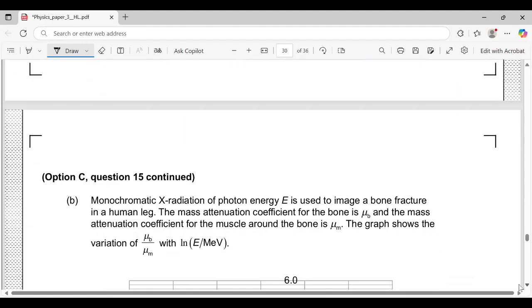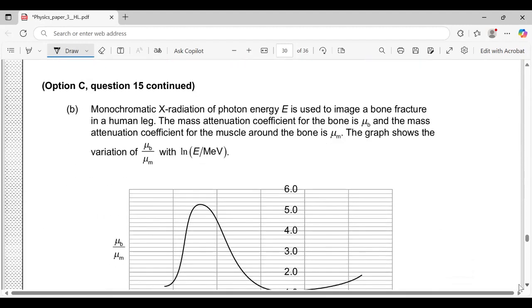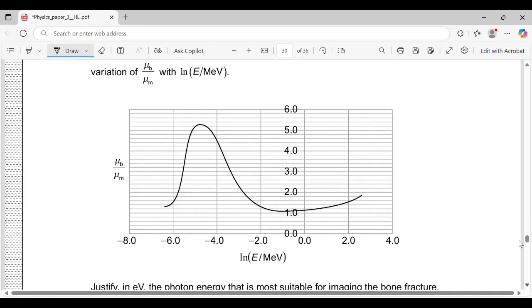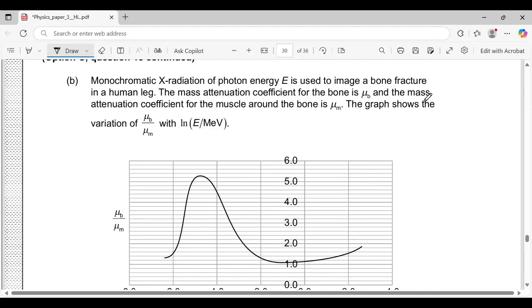Move to the next question. Monochromatic X-radiation of photon energy E is used to image a bone fracture in a human leg. The mass attenuation coefficient for the bone is mu B, and the mass attenuation coefficient for the muscle around the bone is mu M. The graph shows the variation of mu B over mu M with ln E